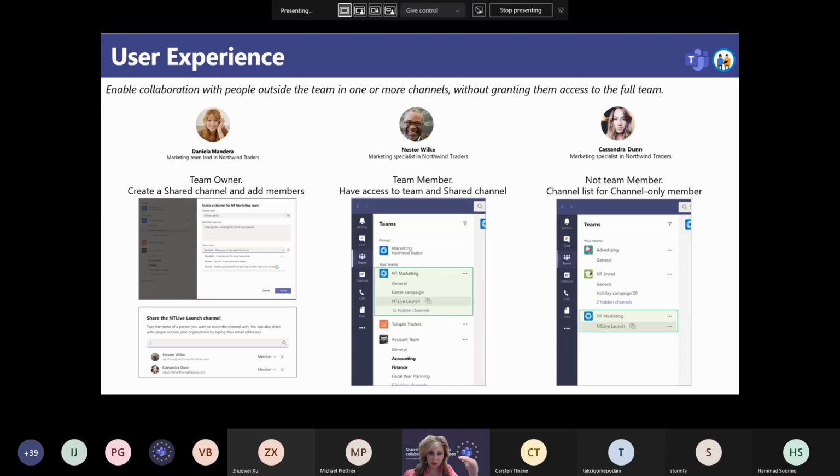Now you know how to create one, similar to a standard or private channel, and we looked at the overall slide of the comparison side by side. But when we think about the actual user experience, and I'm not sure how many of you have had the chance, are in private preview to look at this or part of our TAP programs. As a team owner, I can create a shared channel and add members, right? Everybody knows that. Shared channels is part of the existing 200 channel capacity under a team,